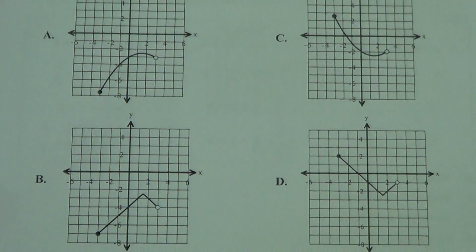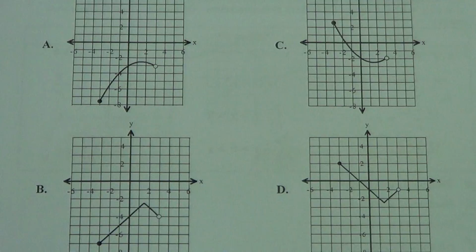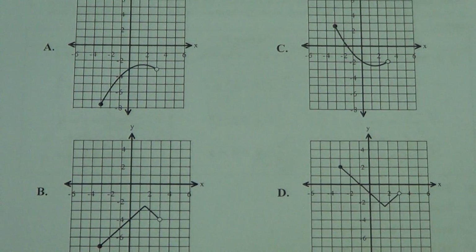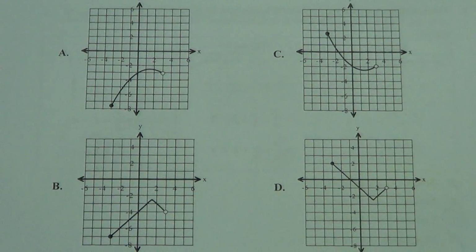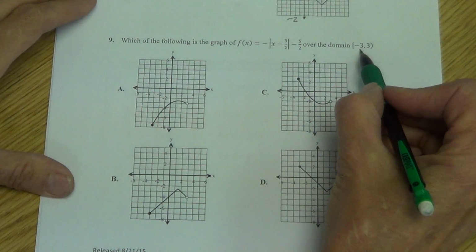Okay, another graphing problem. This one says, which of the following is the graph of a negative absolute value, x minus 3 halves, minus 5 halves. Or not k, that's just a k value. Let me zoom out just a little bit. I want you to see something. If we look at our